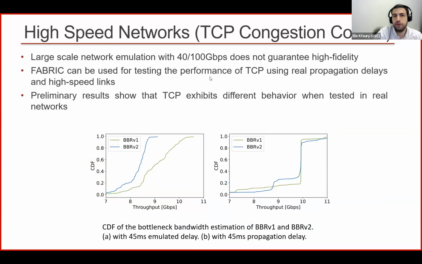Another one that we think would be interesting is learning more about TCP in high-speed networks. So we noticed that if you try to run an iPerf test or a throughput test using network emulation,